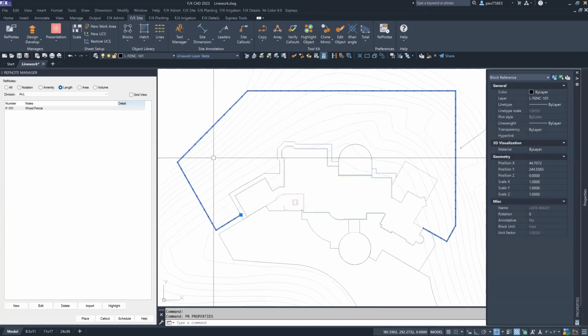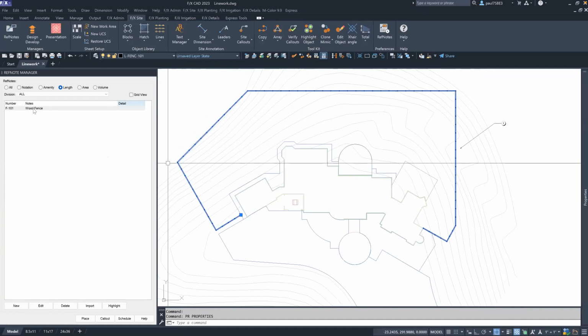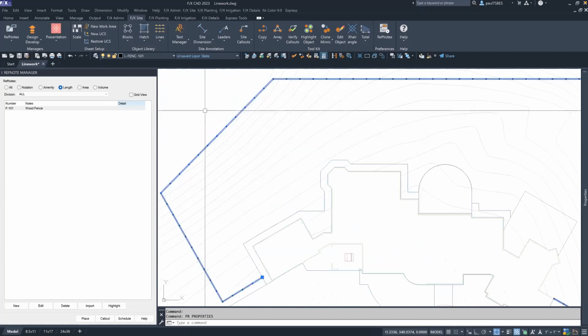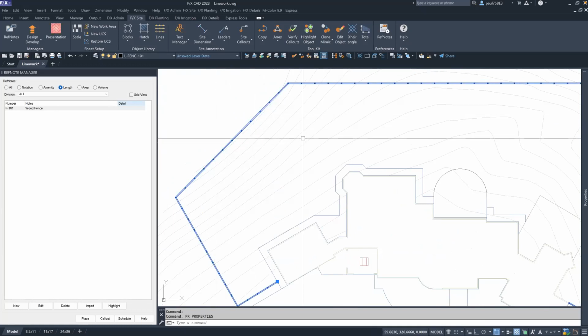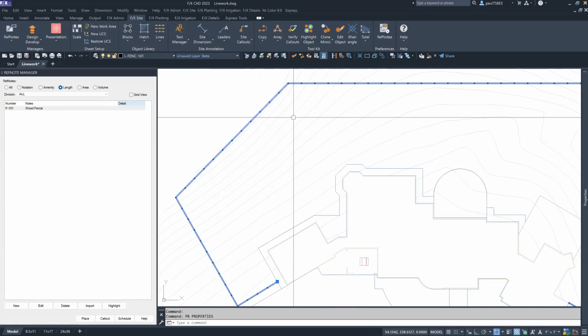But that won't affect the linear distance of the object. So the wooden fence is still going to count the length of this when you run the schedule. And one thing I feel like I should note is if you do this, but then you need to make changes later to that line, since it's a block, it's going to be kind of difficult to do so, but